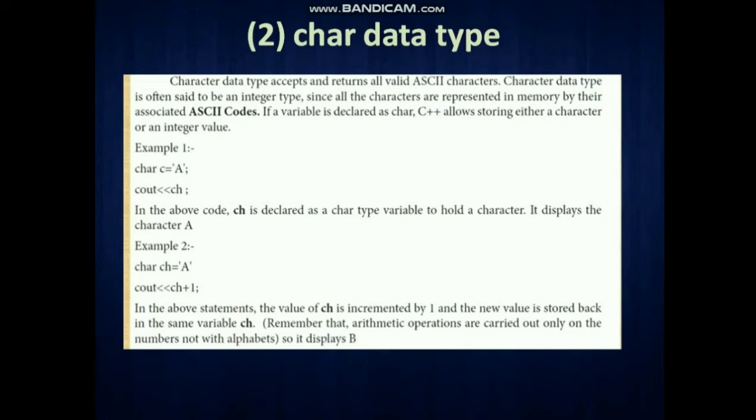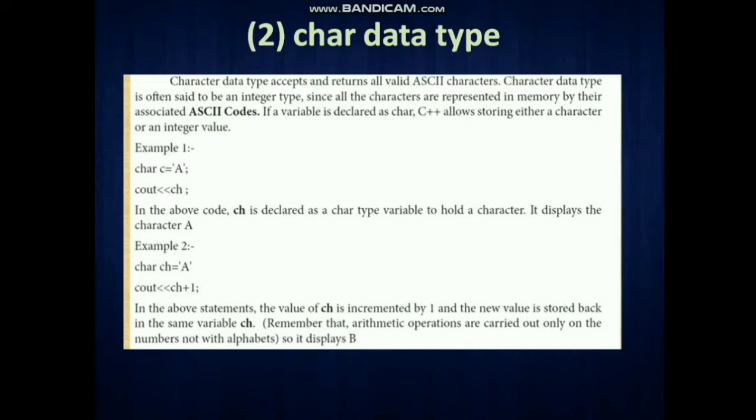It will be incrementing by 1. Here the value given for ch is a, and a plus 1 means it is incremented by 1, and the new value is stored in the same variable ch. After a, the next value is b, so on the output screen b is the result of that particular code.